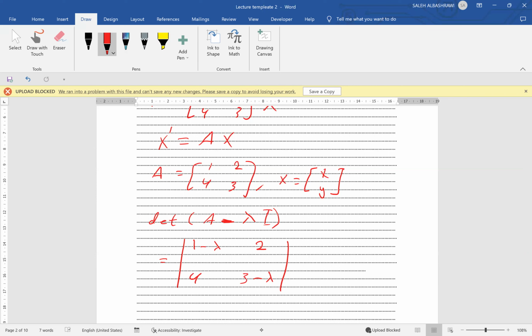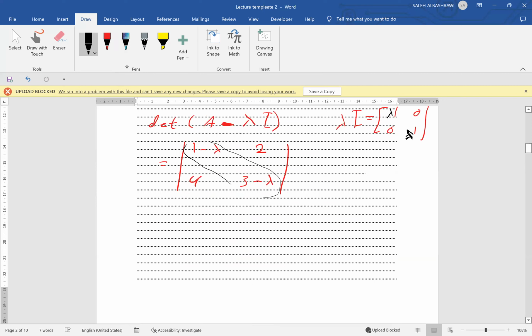A minus lambda I, we know that I is the diagonal matrix 1, 0, 0, 1. So if you multiply by lambda, it's like we are multiplying this one by lambda there and another lambda. So we are just subtracting lambda from the main diagonal. Now the determinant of this one is equal to